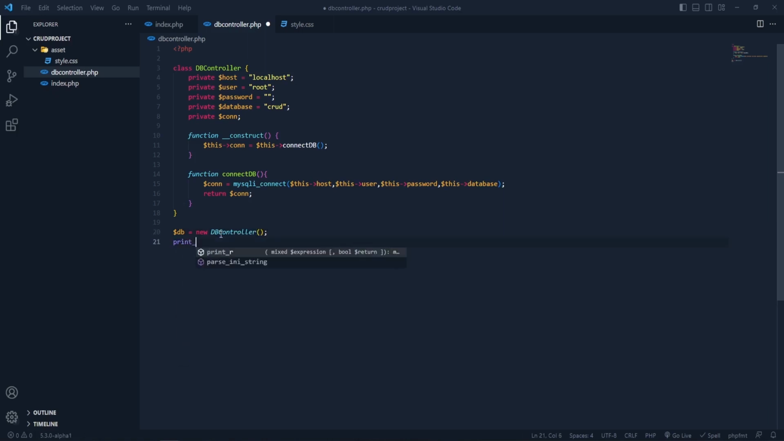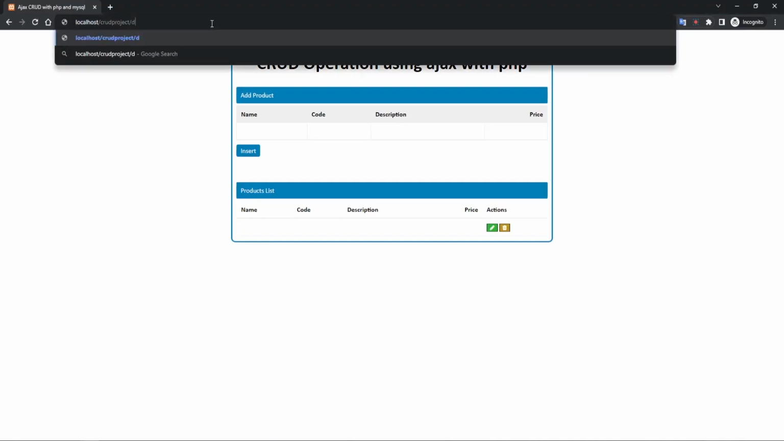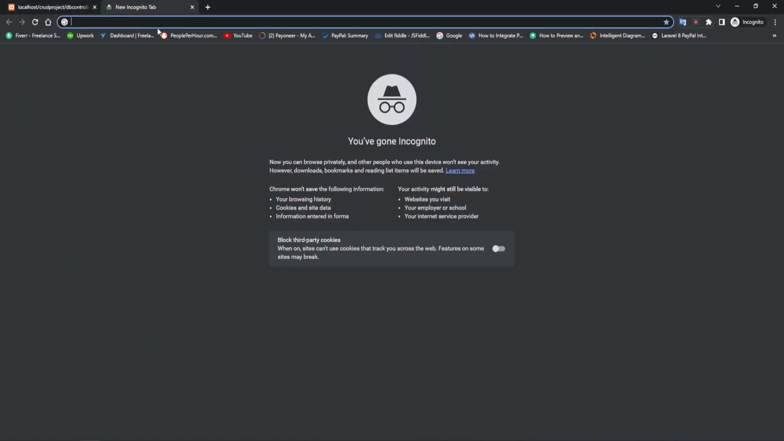Now let's print r and pass the db. Save it and let's test this out in a browser. If we go to that file, you can see we have unknown database because we didn't create that, so we have to create the database